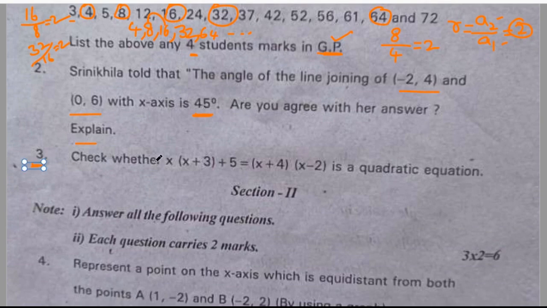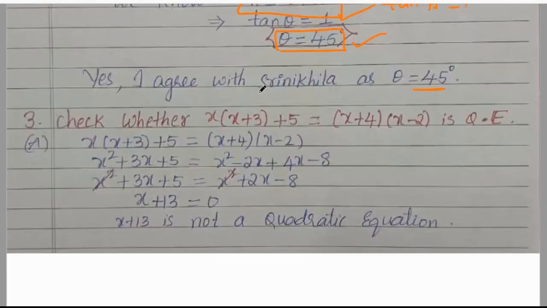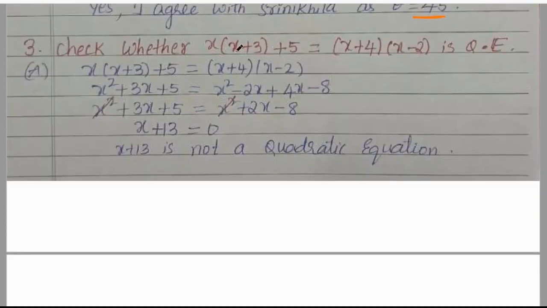We'll see third question. Check whether x into x plus 3 plus 5 is equal to x plus 4 into x minus 2 is a quadratic equation. So we have to check whether this is a quadratic equation or not. So we will simplify. This is not in a standard form of a quadratic equation. The standard form of quadratic equation is ax square plus bx plus c is equal to 0. So main thing is that main condition of quadratic equation is x square coefficient a should never be equal to